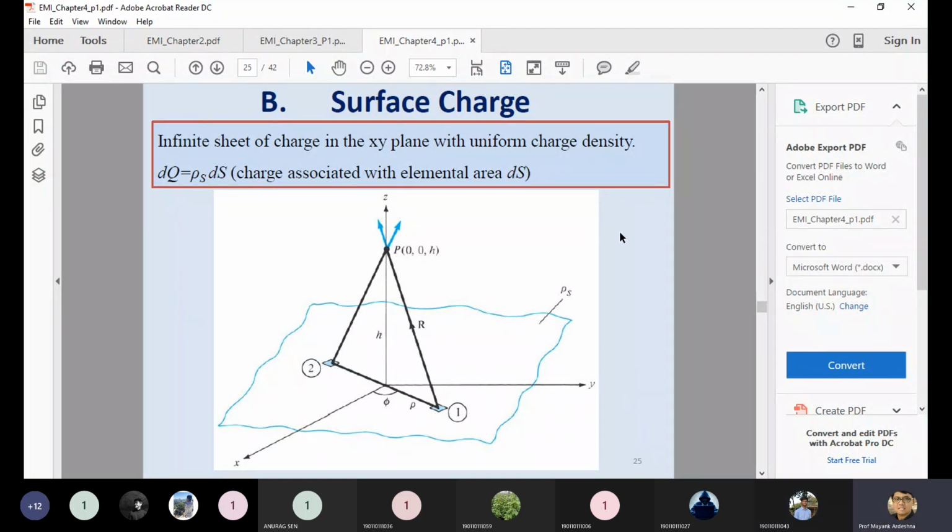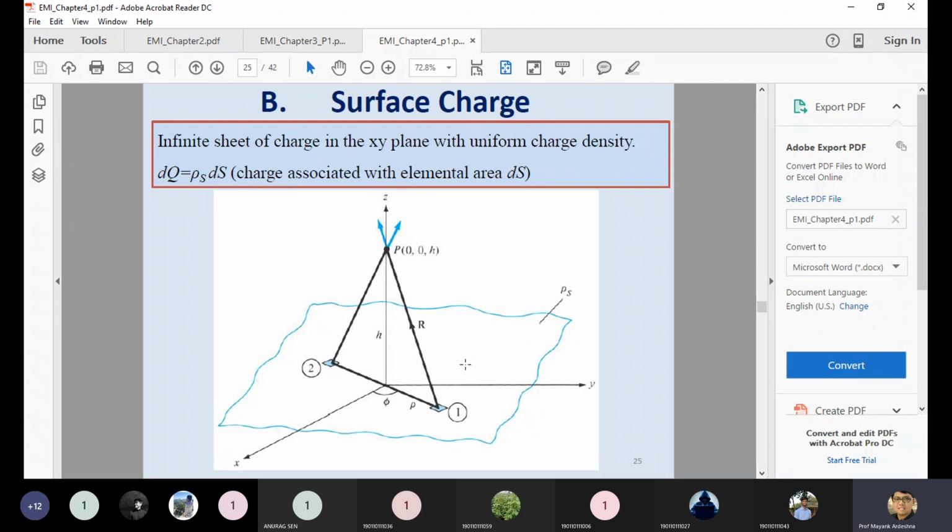Yes, sir. Okay. See, in an exam it may be asked to find the electric field intensity for any charge configuration like a line, point charge, surface charge, or volume. If it is not clearly mentioned which method to follow, then you can use any one of them. But if they ask you to find the electric field intensity using Gauss law, then you have to derive it using Gauss law. Okay. In this case, the right answer is this one.